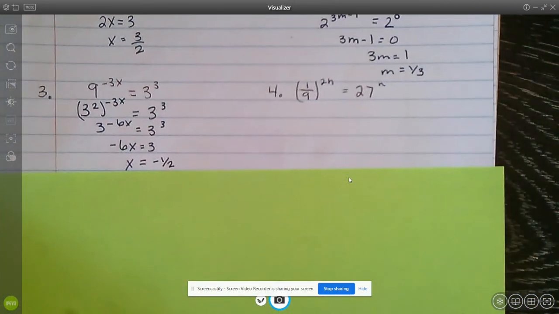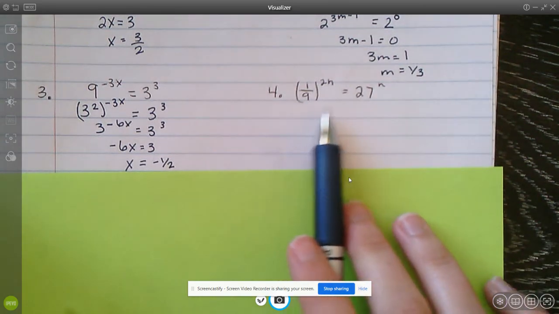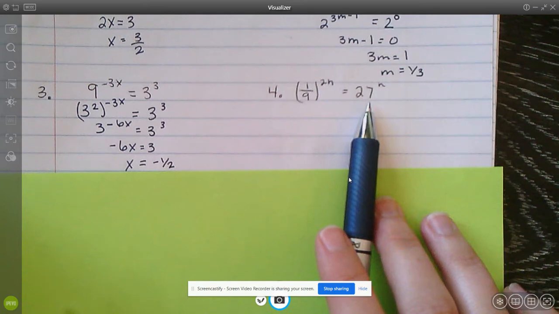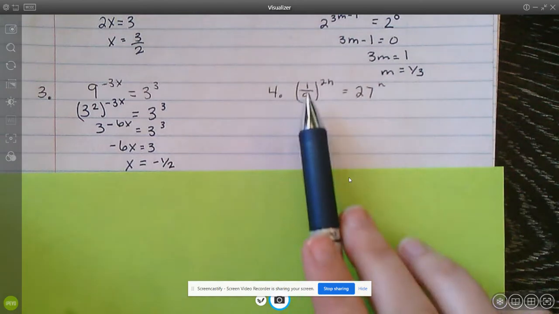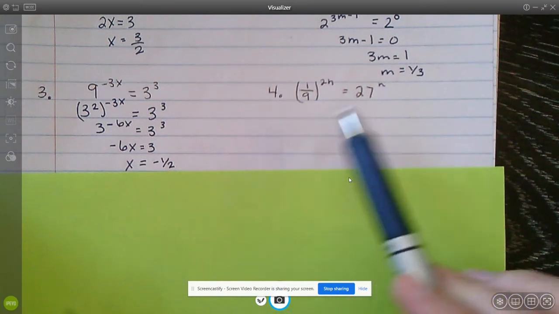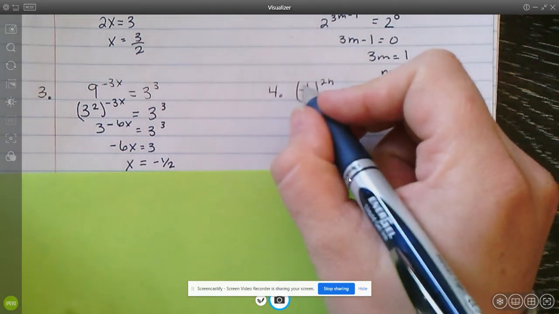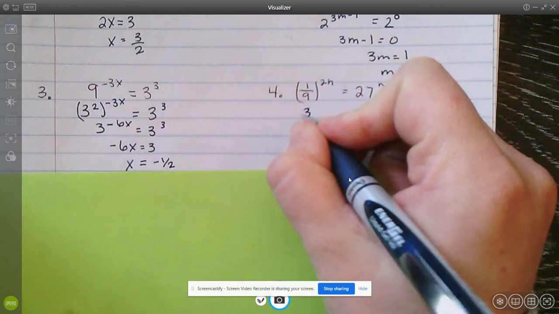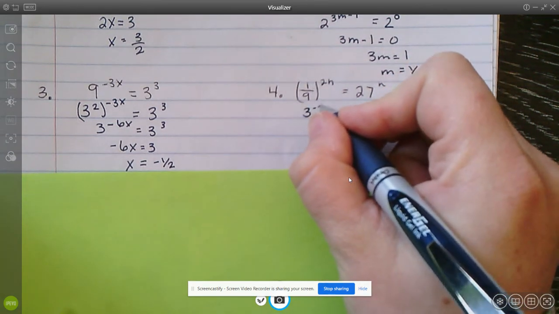All right, moving over to this side. Okay, so here we have 1/9 and we have 27. So you can think 27 to the power of what gives you 1/9, or you can think 1/9 to the power of something gives you 27. I think both of those are really hard to think about. So you have a 9 and you have a 27. So we could change both of those to a base of 3. So 1/9 is the same as 3 to the power of negative 2